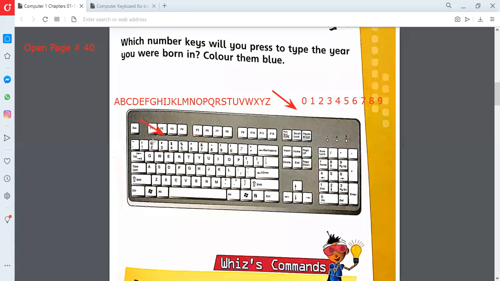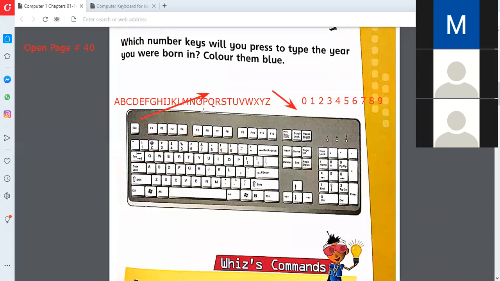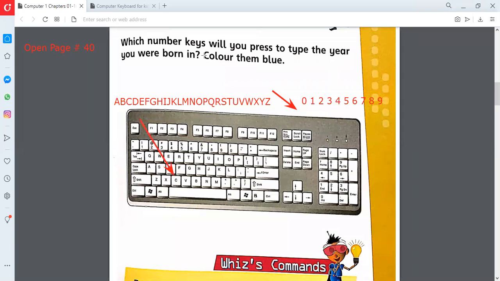So numbers are given there. And letters are there too. Let me draw a line on the letters. So these are the letters given on the keyboard. These are the alphabets or the letters.